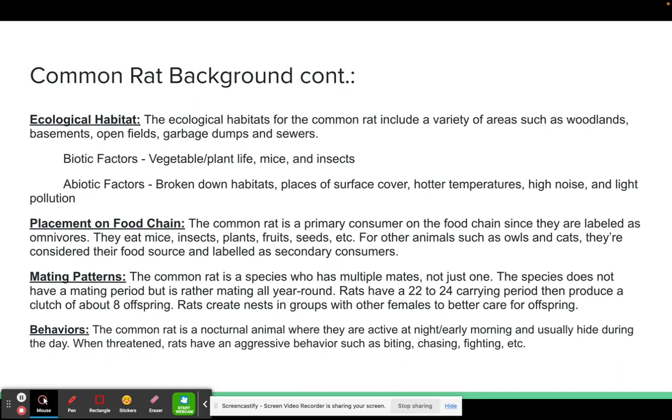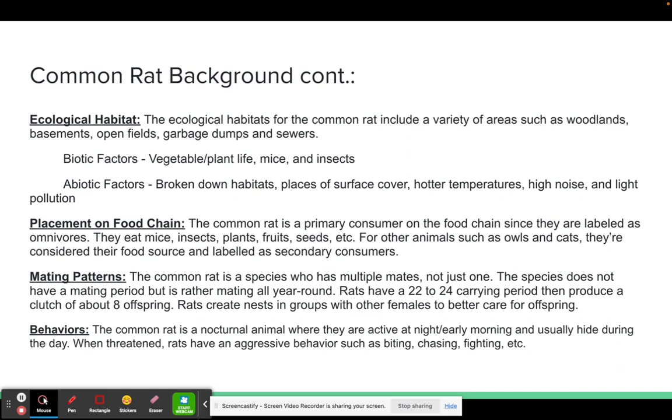The common rat is a species who has multiple mates, not just one. This species does not have a mating period, but it mates all year round. And rats typically have a 22 to 24 day carrying period, then produce a clutch of about 8 offspring. And rats create nests in groups with other females to help better care for the offspring as it's too hard